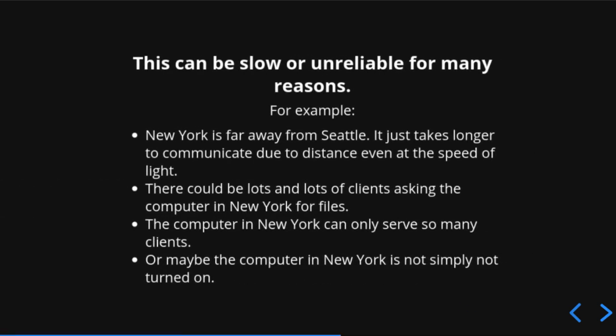This can be slow and unreliable for a number of reasons. So some examples are New York is far away. It's far away from Seattle. It just takes longer to communicate because of distance. Even at the speed of light, it still takes a little bit longer. If I'm communicating with a server in Redmond, all things being equal other than distance, of course, the one in Redmond is going to be faster for me here in Seattle than the one in New York. If everything's equal, just because the speed of light is a constant,